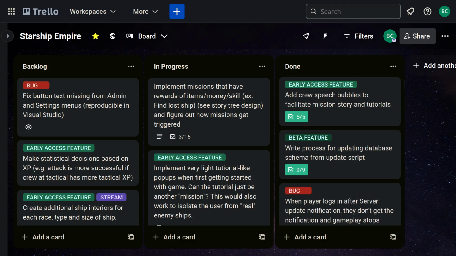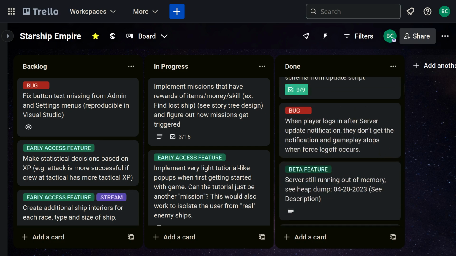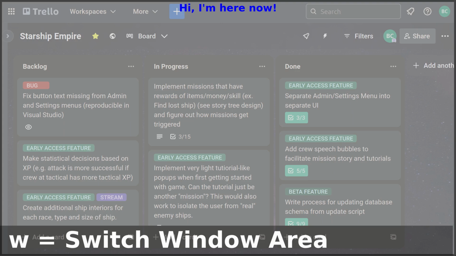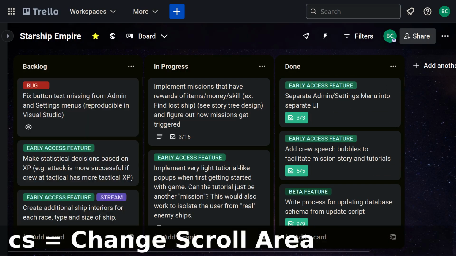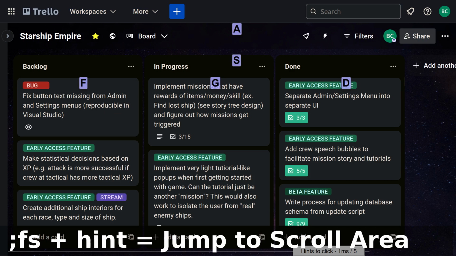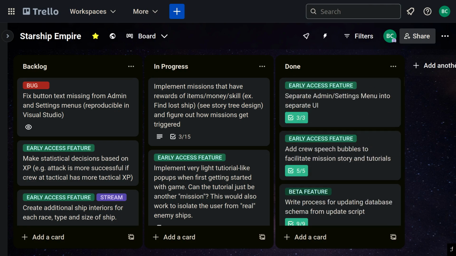Sometimes you end up stuck in a specific iframe or panel of a web page. Don't worry, you don't have to reach for your mouse. You can switch window areas with W and change scroll focus with CS. To change to a specific scroll area, use ;FS, then type the letters that correspond to the scroll area you want to focus. To see all of the key bindings I've mentioned and a whole lot more, type the question